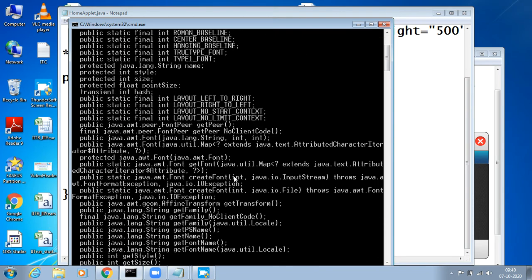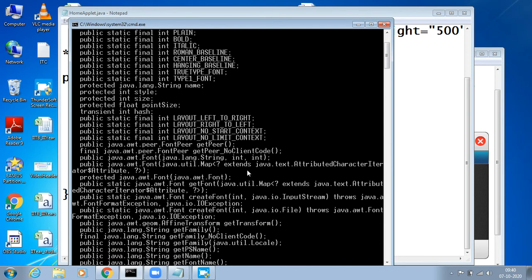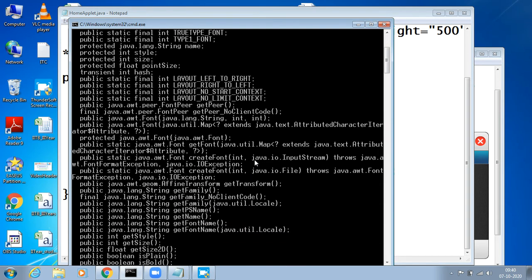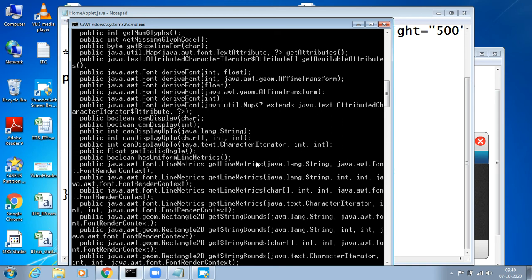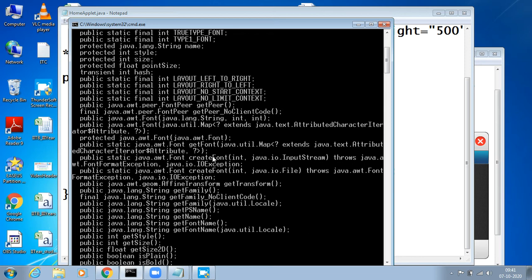What does Font have? See, this is the Font constructor where you have to give the font family name, font style and font size.